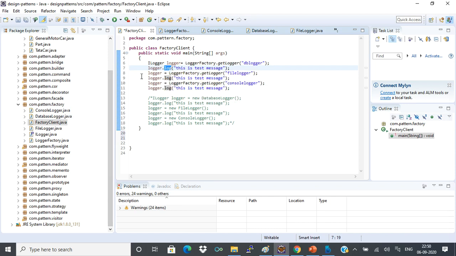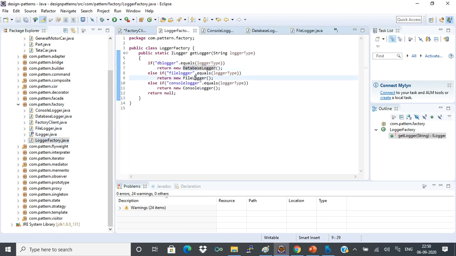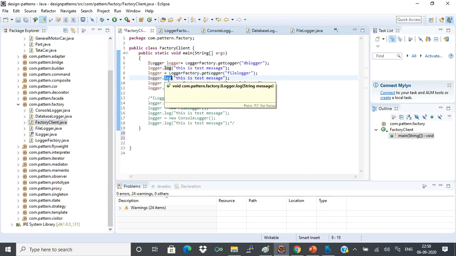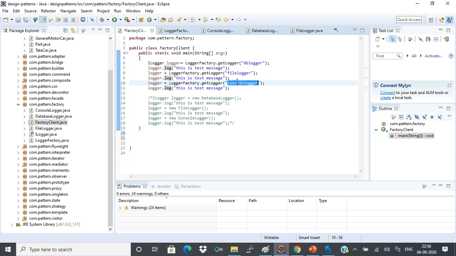Now when I say get logger of file logger, the logger factory will return a file logger object. So this actual logger is a file logger object, and when I say logger.log, this log method belongs to the file logger. Similarly, when I say get logger of console logger, this log method belongs to the console logger.